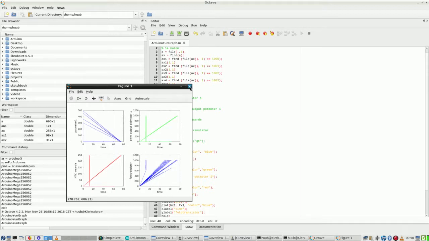So that sounds like a nice idea, but this really doesn't make sense. Let's just view,